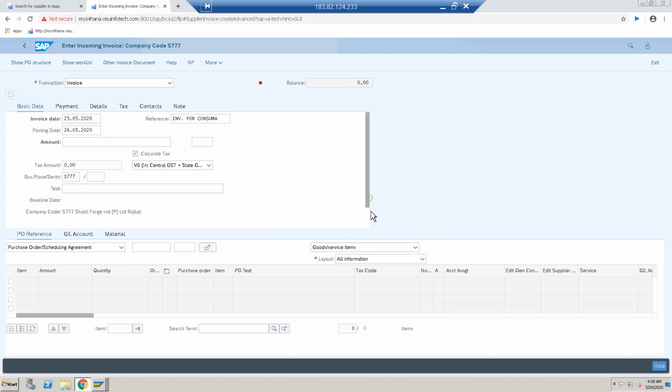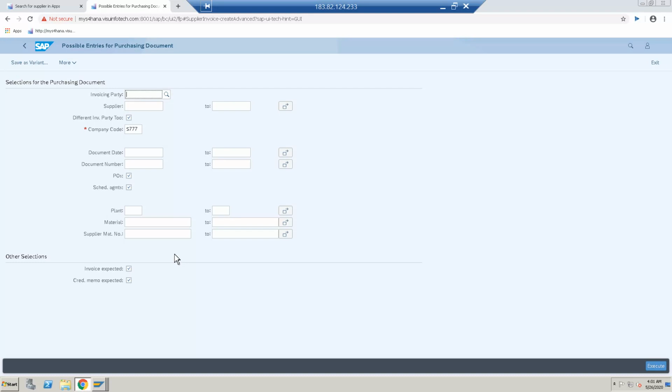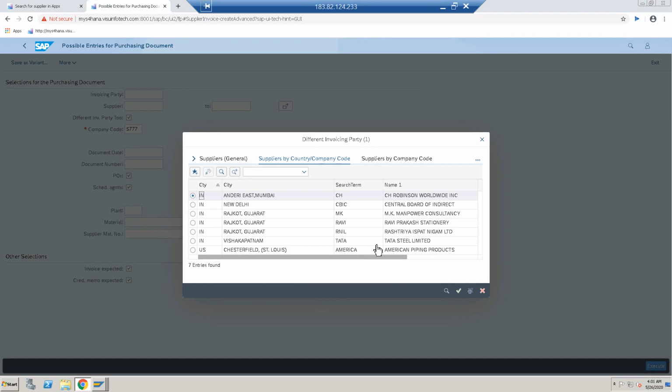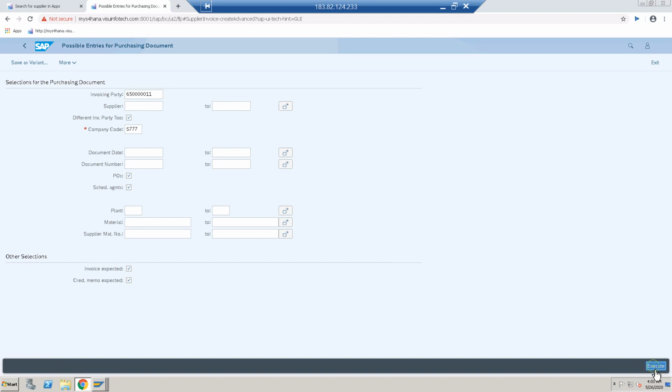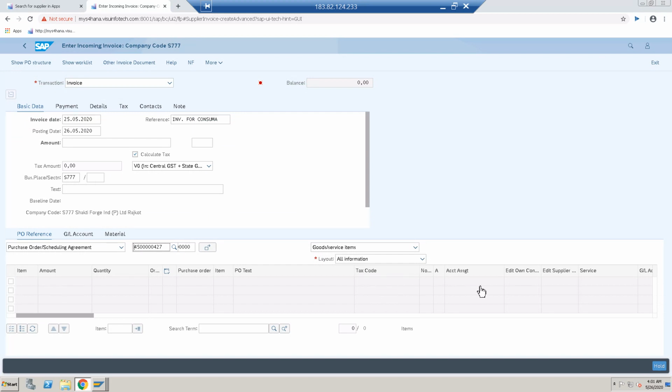Then go to search for your purchase order, enter your supplier vendor. My supplier vendor is Ravi Prakash. Yeah, this one. Just go to execute. This is the PO we just created for this consumable. Just press enter.